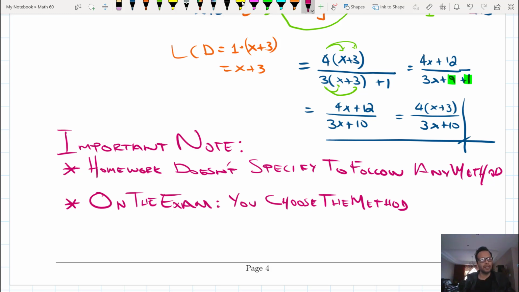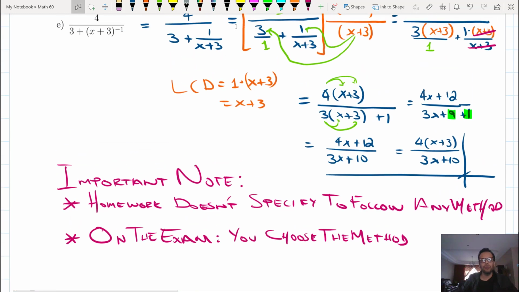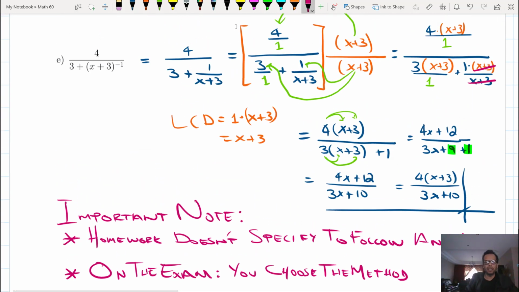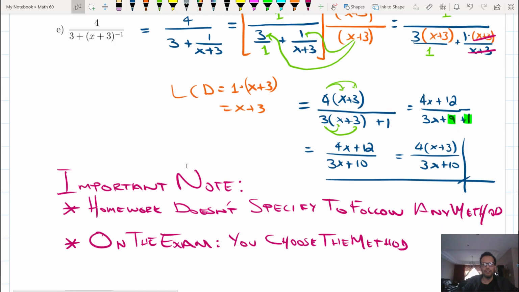You can use either method 1 by simplifying two expressions first, then put it together, divide out, or method 2, which is by finding a global LCD, and essentially what we have done here before. Okay, so this is it for section 6.3,